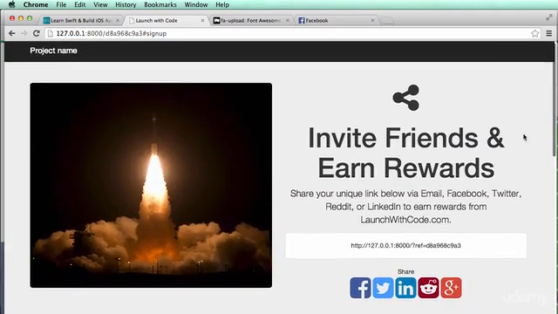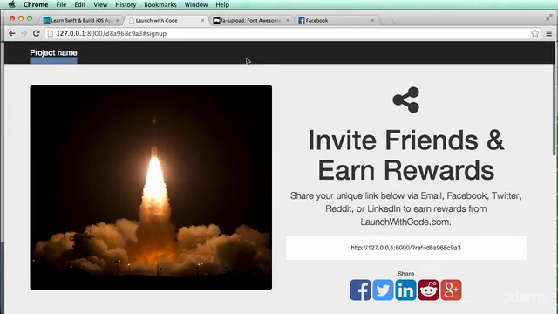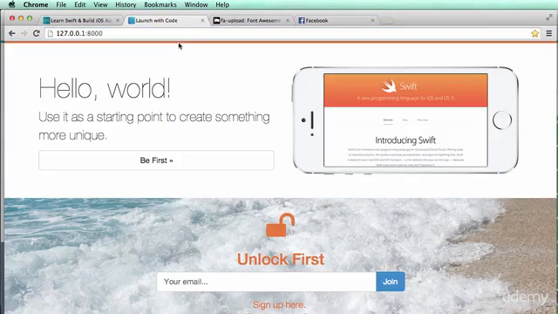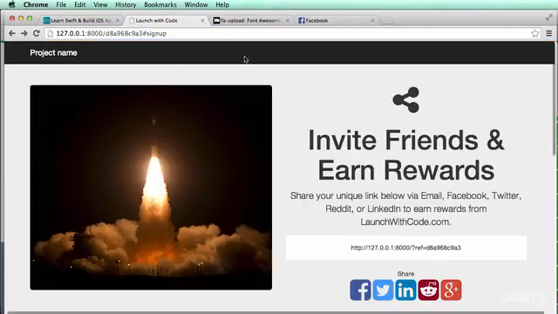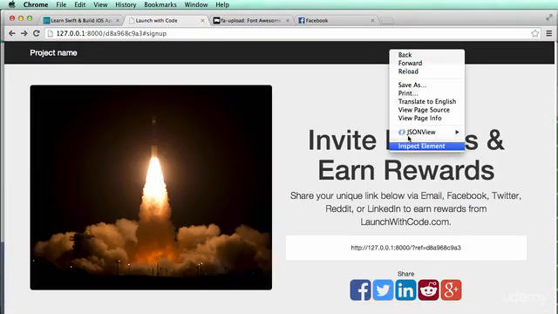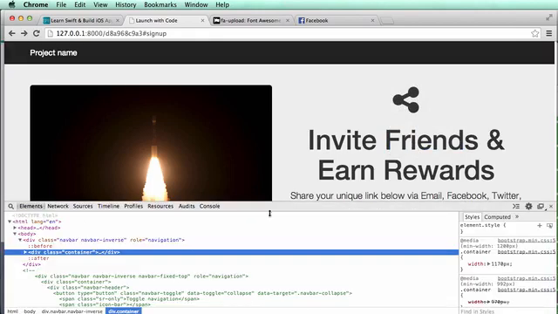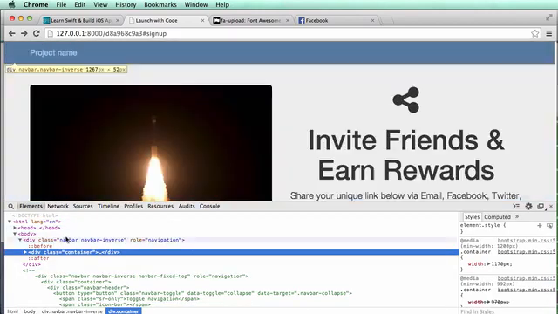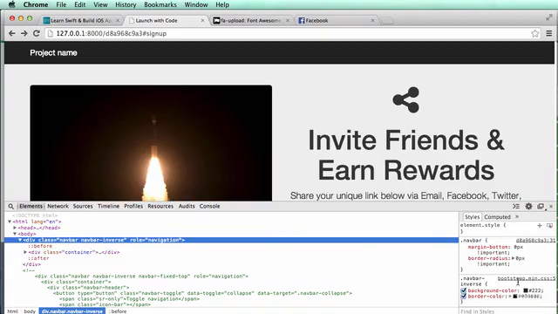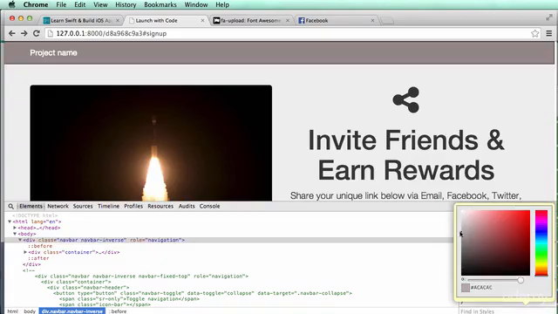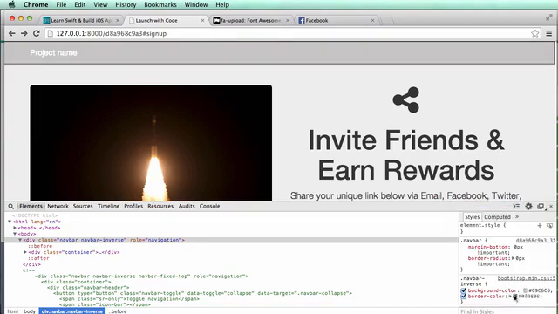So the last thing that I'm going to do is change this color to match the color on our home page here, so that orange. So that's just going to change that nav bar. So we're going to go to inspect element here, and we're going to grab the nav bar right here. And all we need to do is change the background color to that orange color, as well as this border color. All right, so I'm just going to go ahead and copy this nav bar inverse styles,